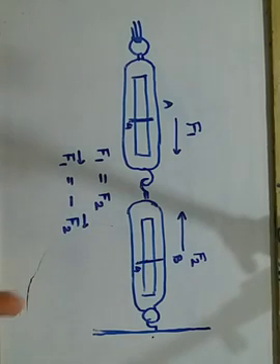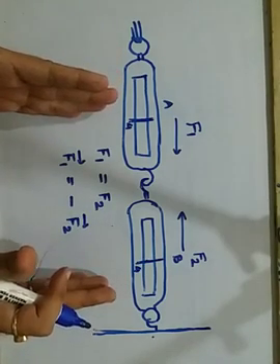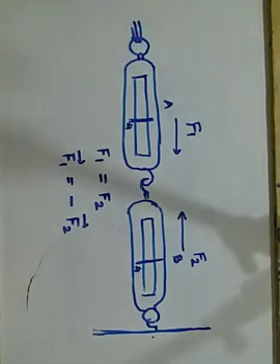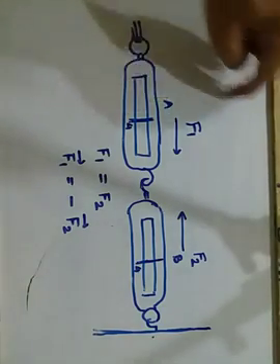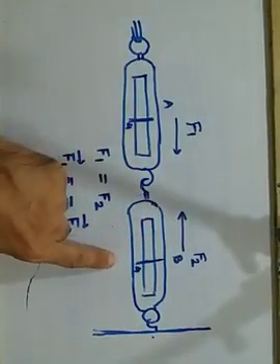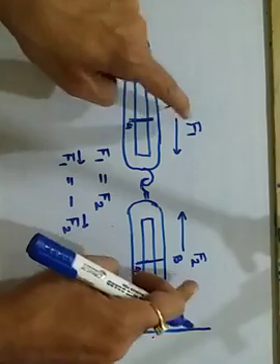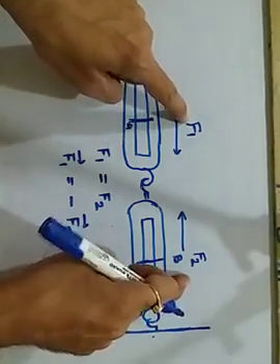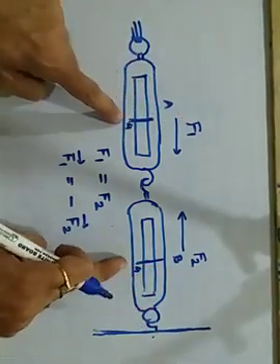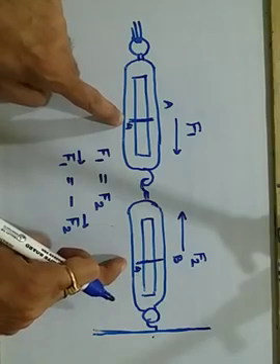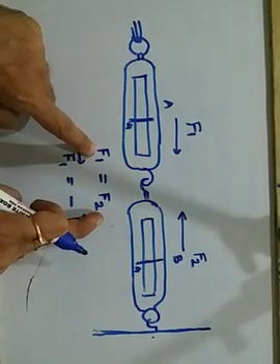That is, the spring balance is pulled in one direction. So that is your action. The reaction will be shown by the second spring balance, that is your B, but the forces acting on both are the same. How do we come to know the forces acting are the same? Looking at the scale, both of them will be showing the same reading. That means F1 and F2 both are the same.